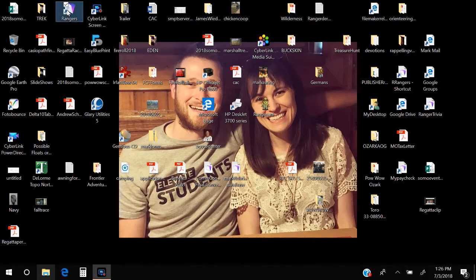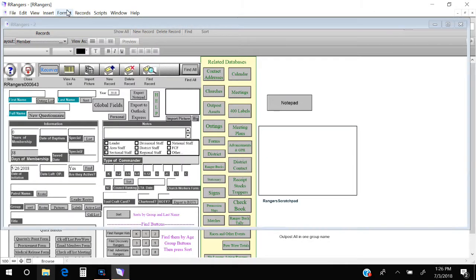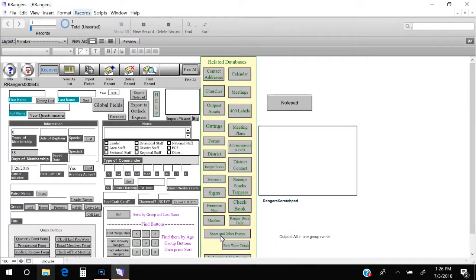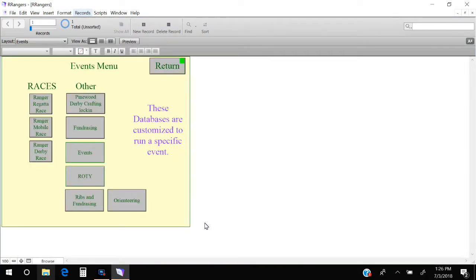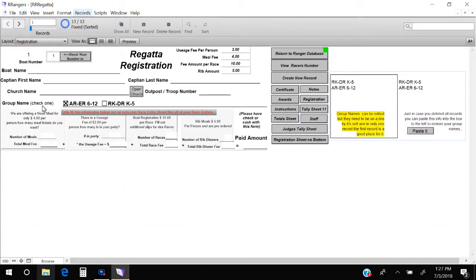All right, we're going to explore Ranger Regatta racing with the Ranger database. That's how you get in the program. We're going to click on races and other form and the Ranger Regatta race. Fun activity. All right. In this particular program, I've got 13 records in there, and this is how you Rolodex